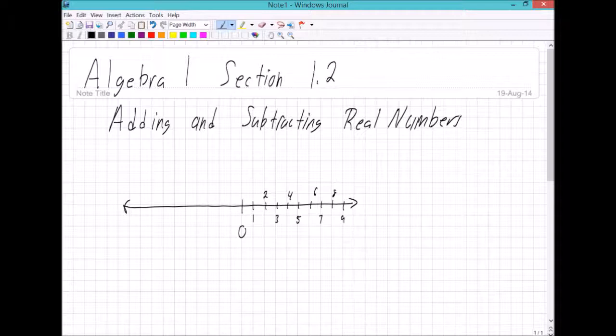And then going the other direction, we still have little tick marks. And they're all equidistant from each other, all equally spaced, except that instead of them being positive numbers going to